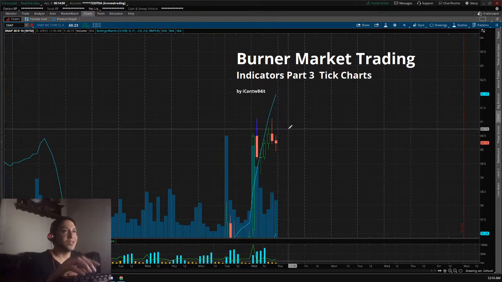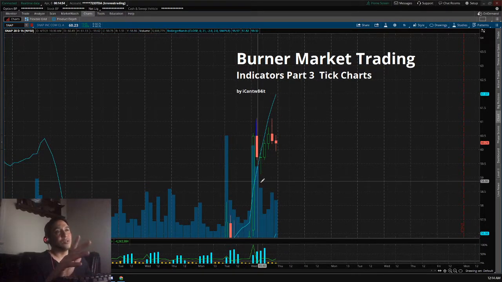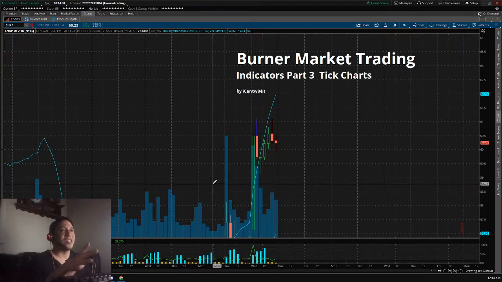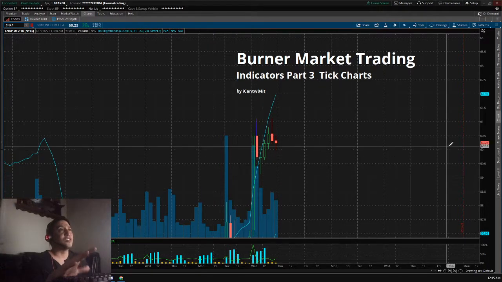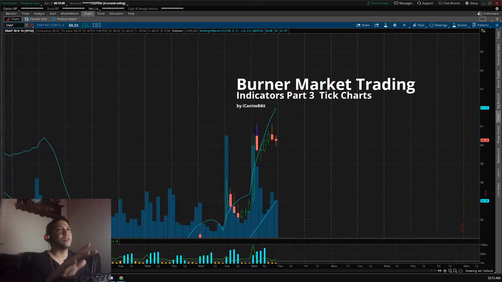And if you've never looked at tick charts, and all you've ever looked at was time charts, well, this will be a big change, just in the way that the chart looks and feels. I'm going to try to sum that up and show you on a couple of different charts so you can get an idea of what it's like. So what I want to do is go ahead and get